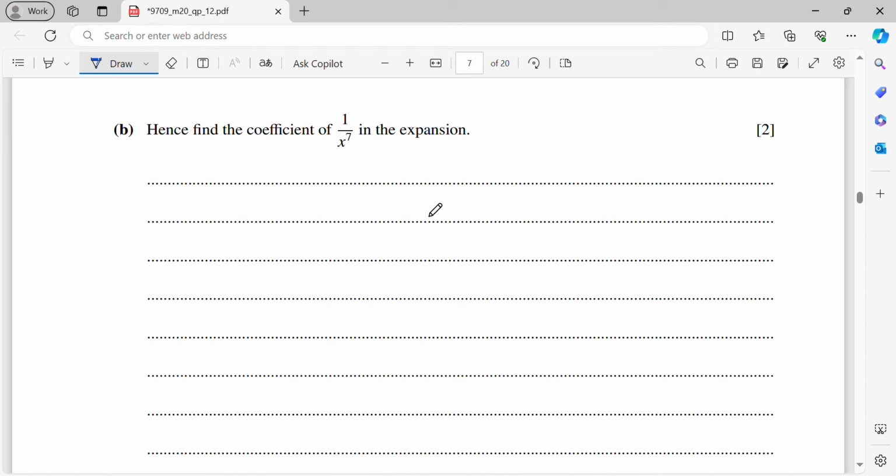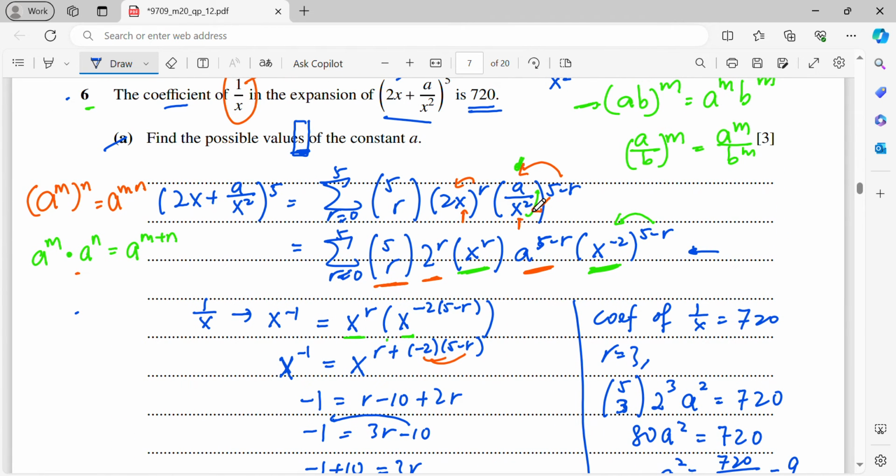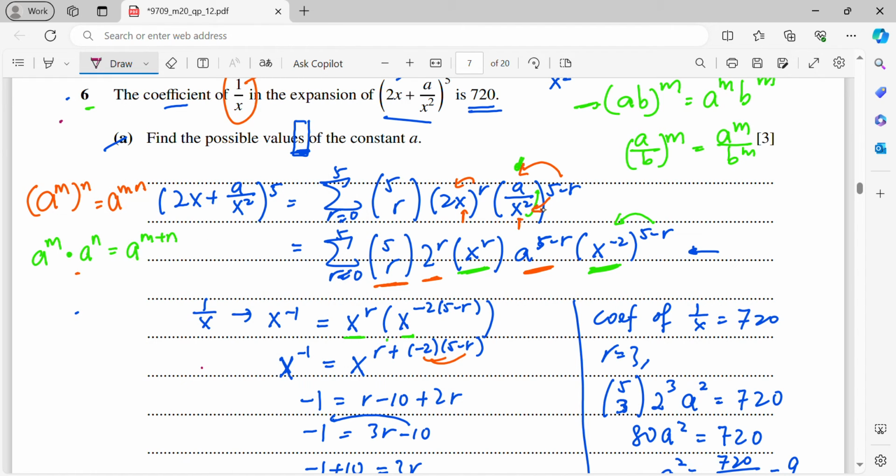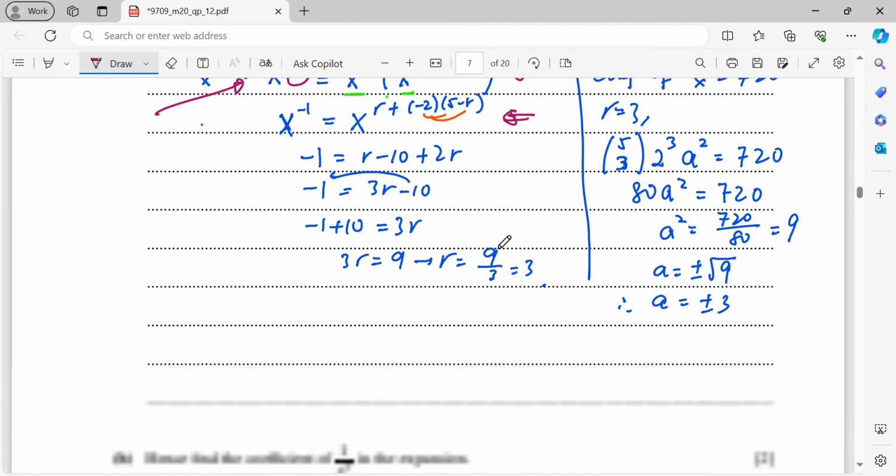Okay, now b. Hence, find the coefficient of 1 over x degree 7. Right, so 1 over x degree 7 is basically x degree negative 7. So now again, same expansion. So I will just use this step, but I change this to 7. Then I will remain this. Okay, so or probably I will just start with the next step. Right, so I will write x power negative 7